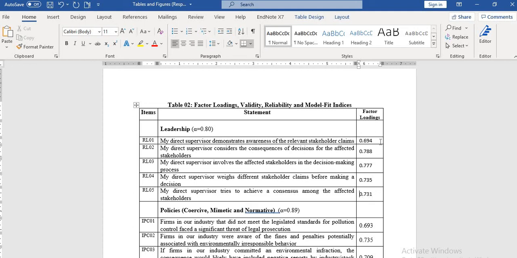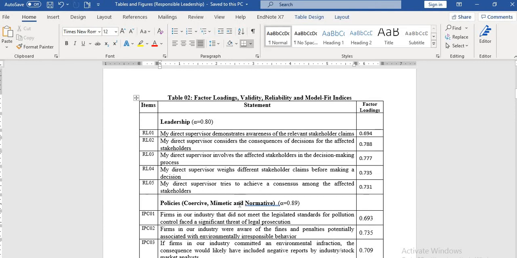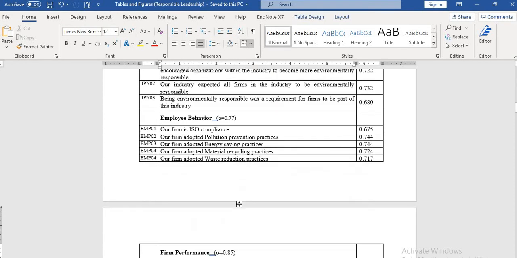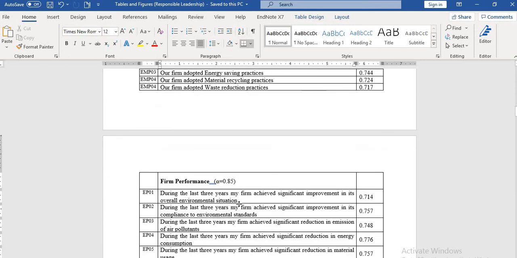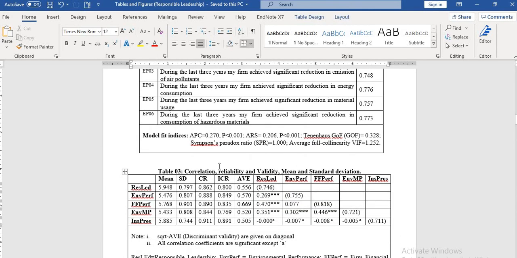So after showing the values of Cronbach alpha and factor loadings, I have also shown the values of validity in a later part. This is the model fitness. In next lectures, you can see our lecture on how to show the model fitness by using the PLS software.